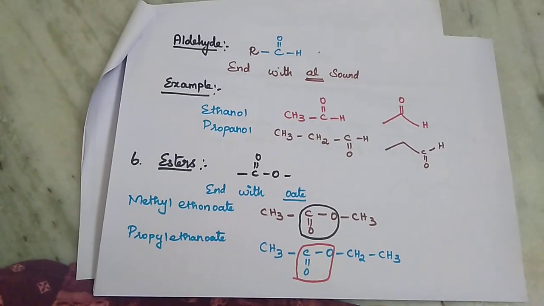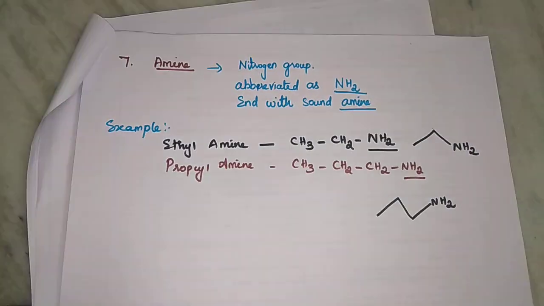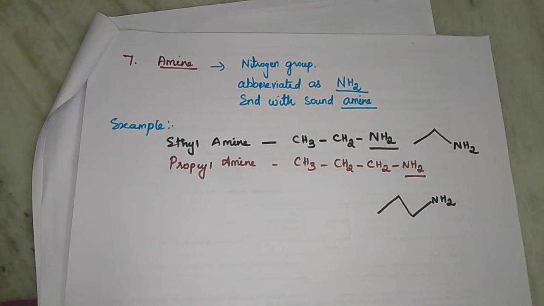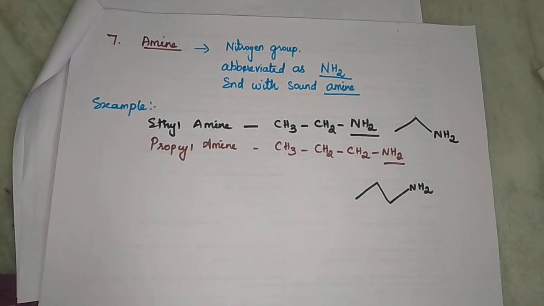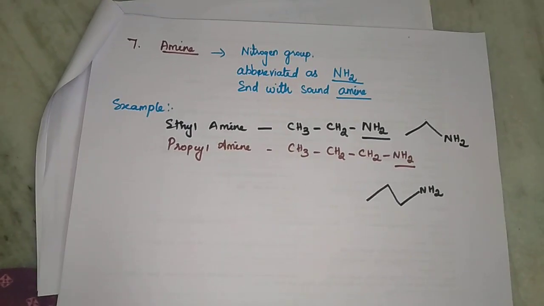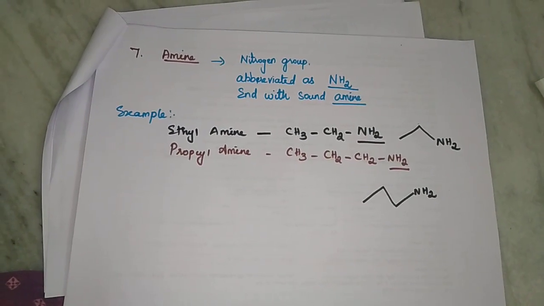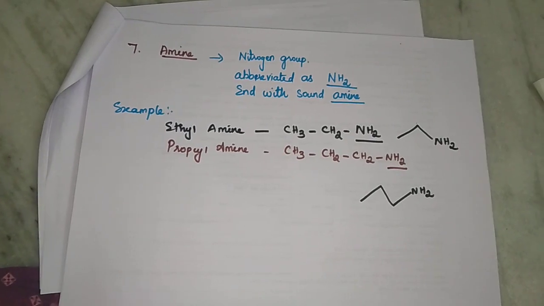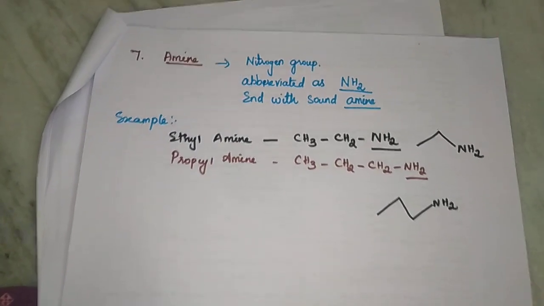And then the last one, amine. You see amine. Amine comes under the nitrogen group. It is abbreviated as NH2. The name ends with amine. So the example is CH3CH2NH2. And then propylamine also, same thing. It looks like a hydroxyl group. You see in ethanol we get two carbon atoms and then OH, that is CH3CH2OH. And here also you get, instead of OH, we write the NH2 group. So nitrogen we also call the NH2 group.